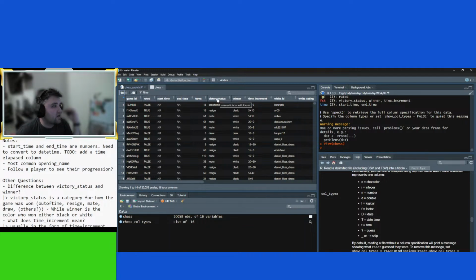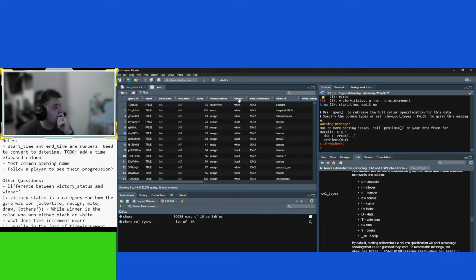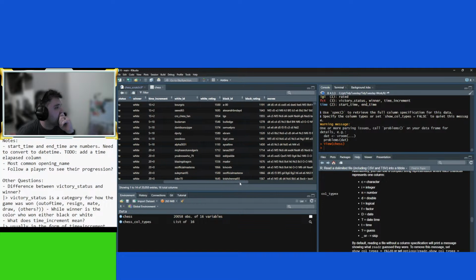Factor with 4 levels. Okay, good. Factor with 3 levels. Oh, draw. That's right. Factor with 1 level. Interesting. I don't know how I feel about that.